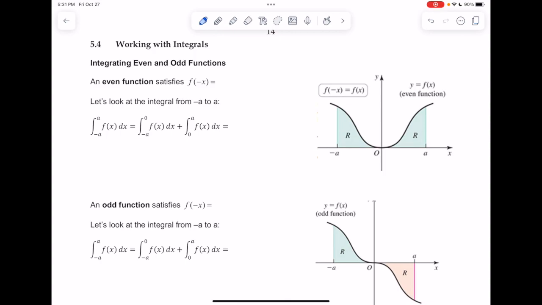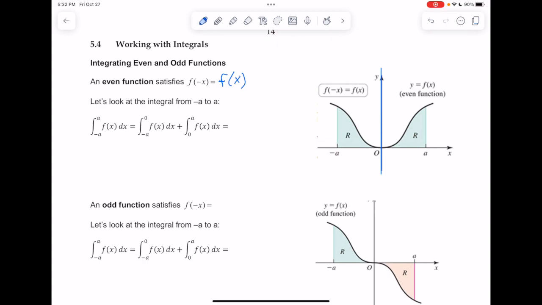So just a reminder, an even function satisfies the property that f of negative x is equal to f of x. So if you were to substitute a negative x in place of the x and simplify, you get back to where you started. And what's special about an even function is it's symmetric about the y-axis. So the y-axis over here is the axis of symmetry, and you have this mirror image thing going on the left and the right.